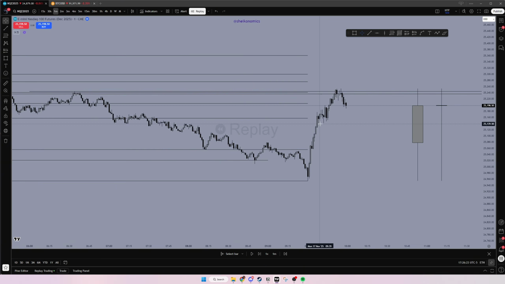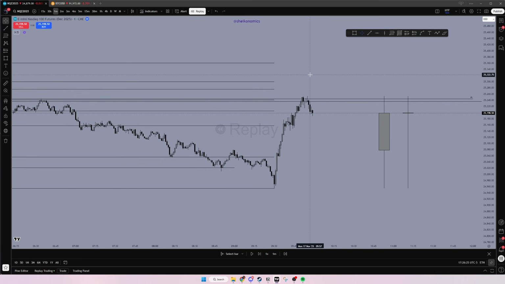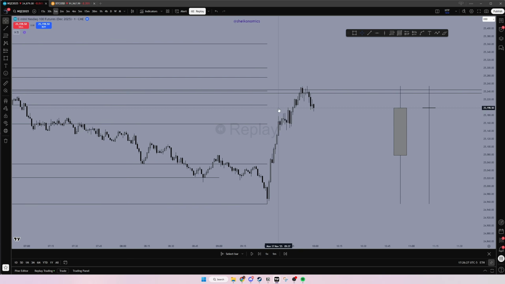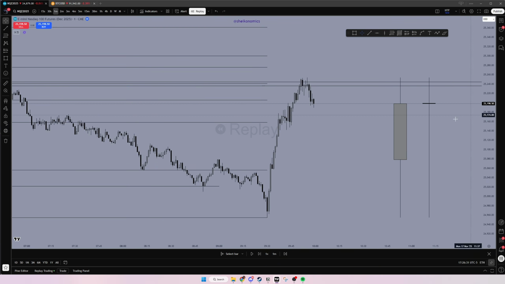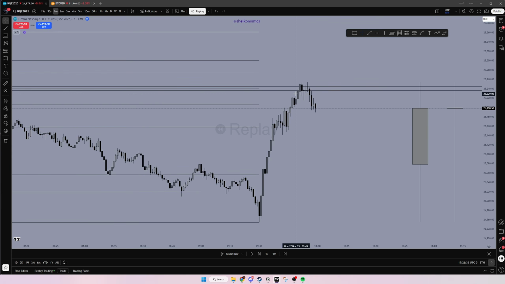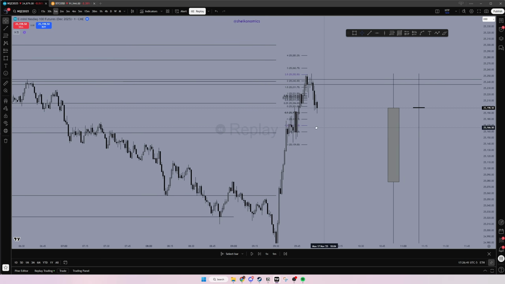Now we keep having this move up, and we have this little accumulation zone here, which looked pretty nice. And the reason this looks pretty nice was because it's created this new leg up, and in this new retracement here is where I place my ABS. Now you can see that